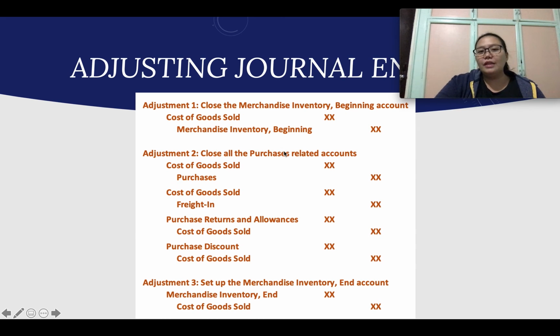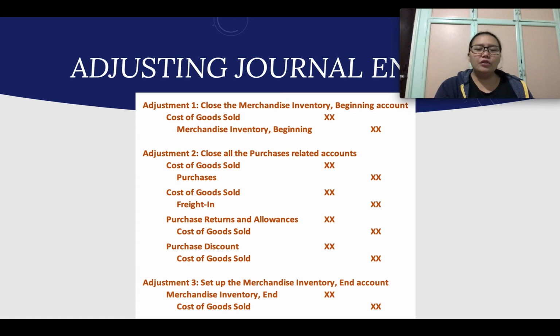Okay? So now we go back to the periodic inventory system. So our focus really is the periodic inventory system. So the adjusting journal entries for a merchandising business is basically the same as the adjusting journal entries you have learned for a service business, with some additional entries because of the specialized nature of the merchandising business. Remember, we have the merchandise inventories, or we are involved in the buying and selling of goods. So now we have a couple of more adjusting entries.